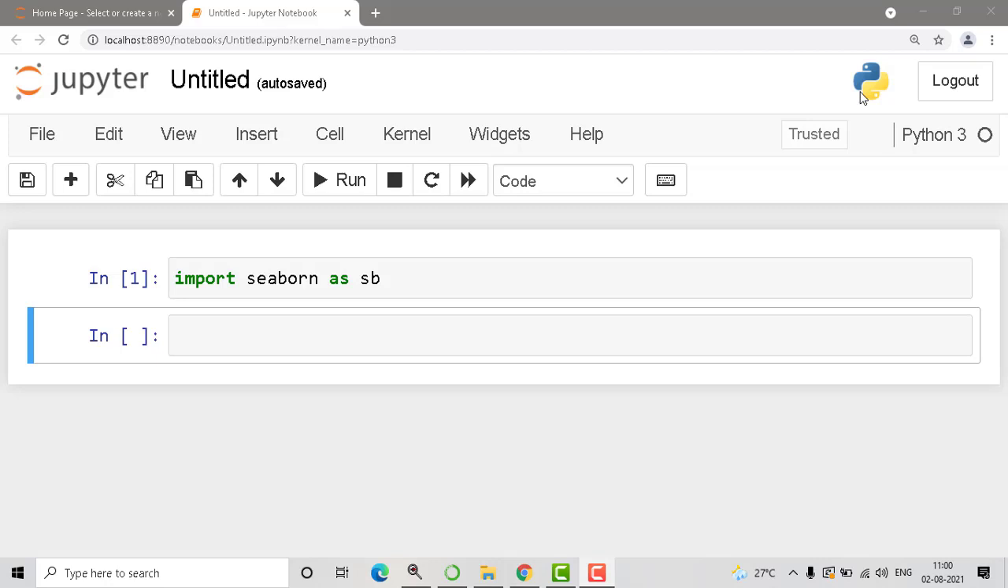So today's session we will see how the Seaborn library is different from Matplotlib, because both are used as visualization libraries. So how will we differentiate them for that purpose? Let's start by creating one